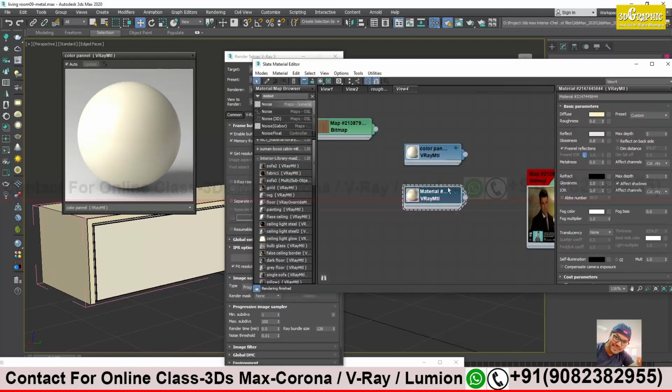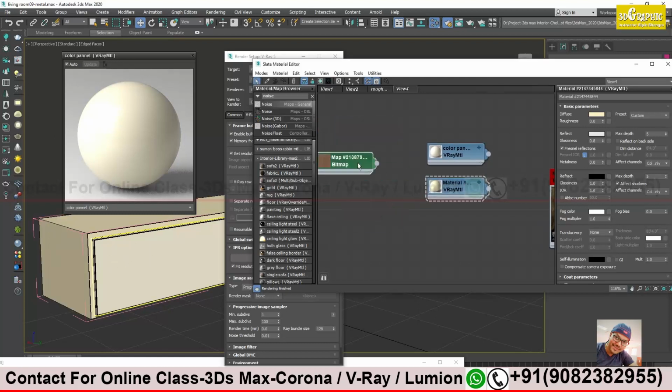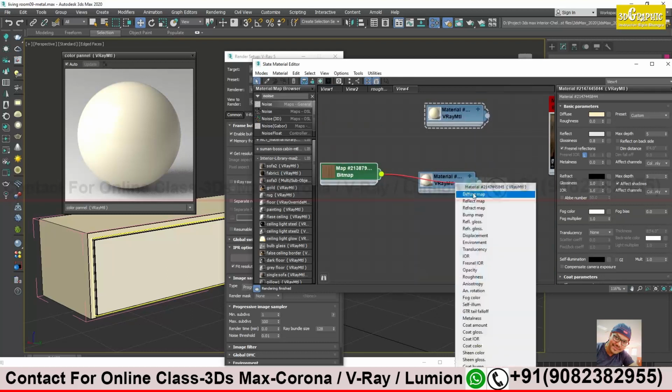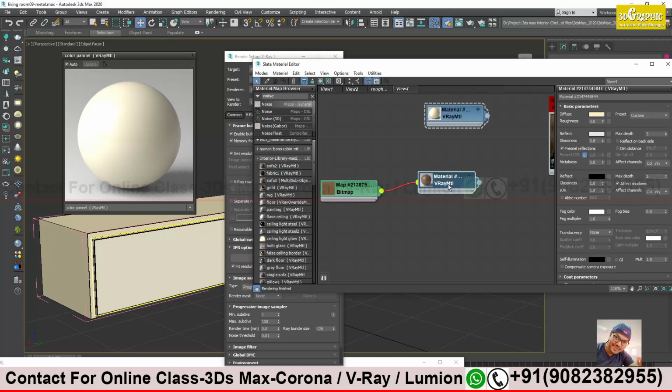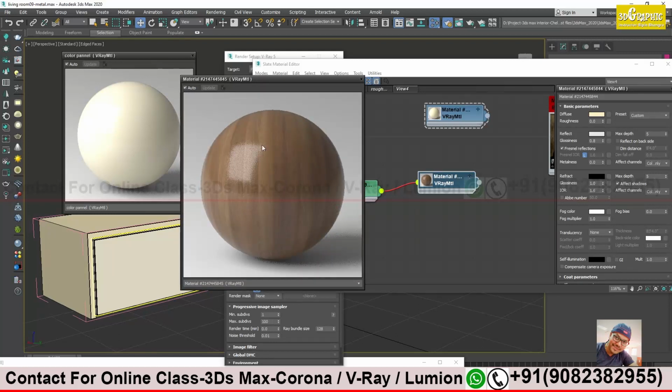So this is the simple way of creating a simple plain color laminate object. Or if you want a texture, I'll make a copy of this and just apply the texture on diffuse, with the same properties. Right click, open preview. You see, this is now my laminated object with some reflectivity on it.